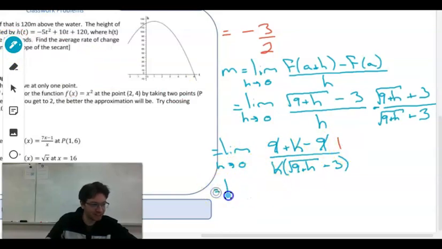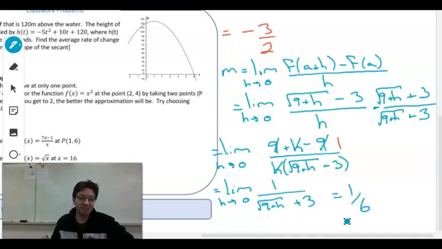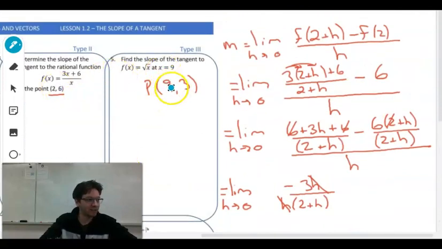So now we have the limit as h approaches 0 of 1. I'm going to just rewrite this. 1 over the root of 9 plus h plus 3. As h approaches 0, this is just the square root of 9. Square root of 9 is 3. 3 plus 3 is 6. So we get 1/6. So the slope of the tangent of the function root of x at the point 9 and 3